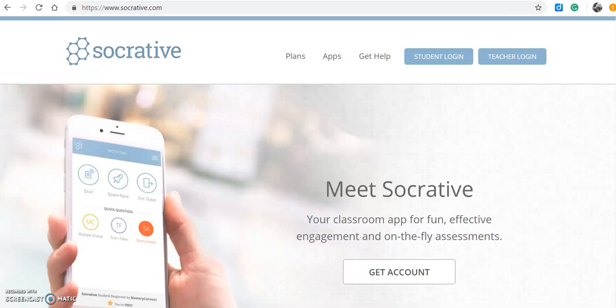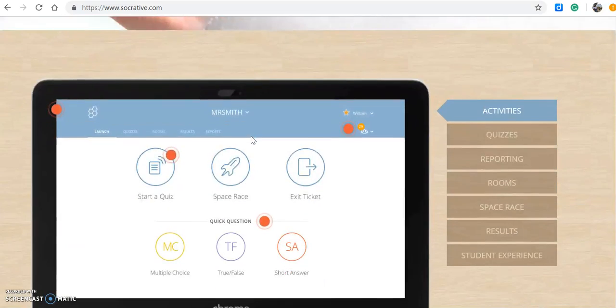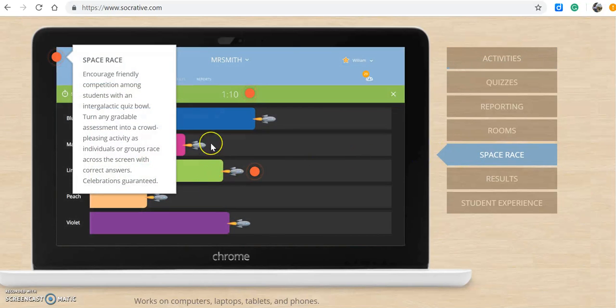Alright guys, the website I chose today is called Socrative. It is an online Kahoot type quizzing platform, and this is the main page, and if you just scroll to the bottom it kind of takes you step by step, all the things it does. So you have these activities, you can do quizzes or this thing called a space race, which is basically if you put a bunch of questions on the board and your students can make teams and see who can answer